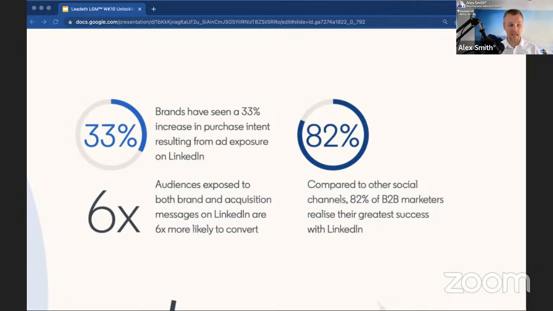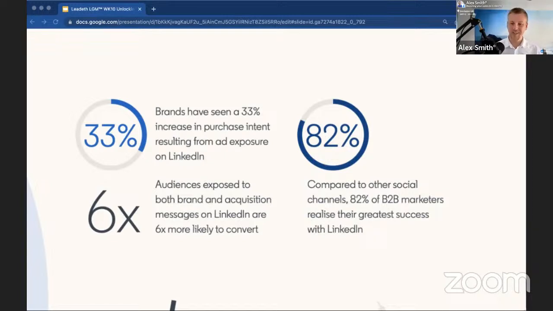So these ads can take lots of different forms, for example, you've got sponsored content, sponsored InMails, and you've also got LinkedIn display ads, so where you're presenting a graphic or a video as opposed to just a text ad. Unlike any other forms of advertising, LinkedIn ads gives you access to a highly targeted audience, and that's what makes it quite unique.